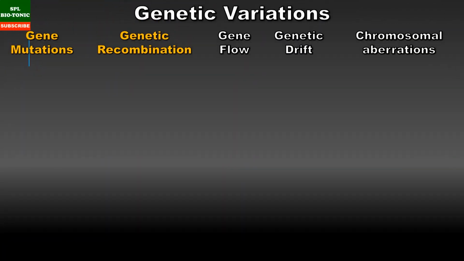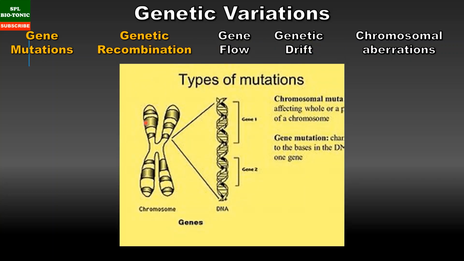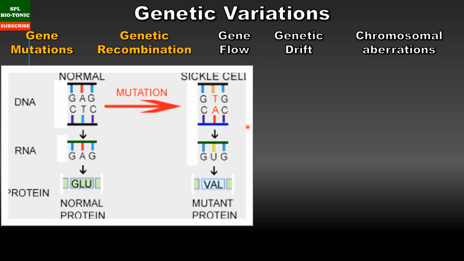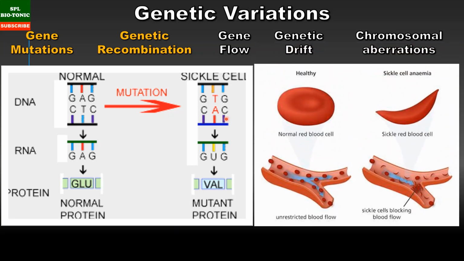Students, let us understand genetic variations. Now, genetic variation occurs due to many reasons. We'll start with gene mutation. Now, we know that mutations are sudden, permanent, and inheritable changes which occur in the genetic material. Mutation can occur at the chromosomal level or at the DNA level. In the case of sickle cell anemia, the normal sequence of hemoglobin CTC is changed to CAC. That results in abnormal hemoglobin, which makes the RBCs sickle-like. So, this is one of the fatal diseases, which is very dangerous.